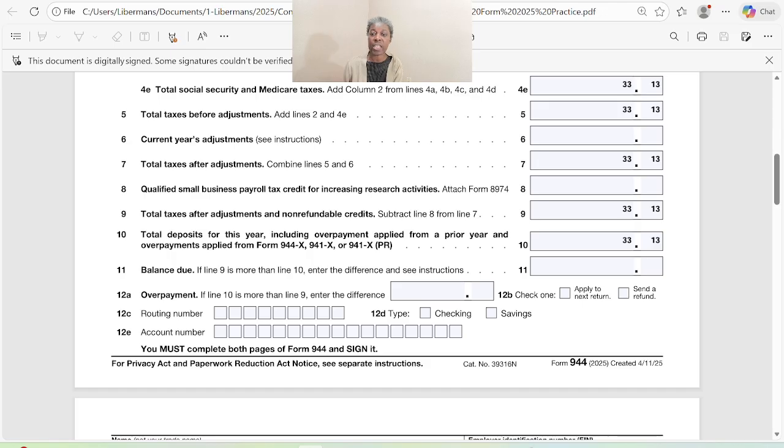The third option is line 9 is more than line 10, so you have a balance here that you need to pay. Log into your IRS account and make that payment. That means you are going to send this in without a payment. So for those three